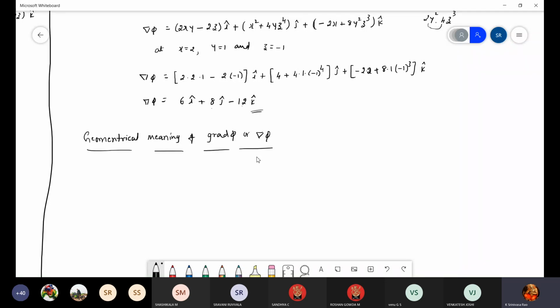Geometrical meaning of grad phi or del phi. Take down. If phi of x comma y comma z be any surface,